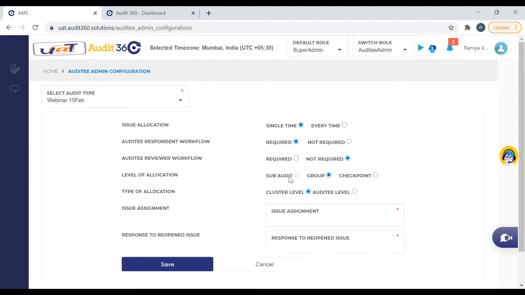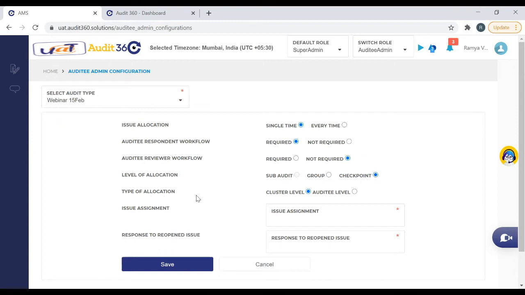If you have a subaudit which has a bunch of groups associated with it, you can do the allocation at a group level. If you want to allocate at the issue level, then within a group, you can give a checkpoint level allocation to the respective respondent or reviewer. You will be able to do this allocation.